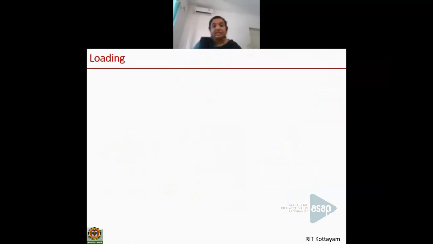Next, we need to fix the loading, right? So how to fix the loading? One data is given to us: the live load due to wind, ice, snow, etc. as 1.5 kilonewton per meter square. But what else do we need? We should have an estimate of the dead load, which is nothing but the weight of the dome shell, right? So for that, what do we need?